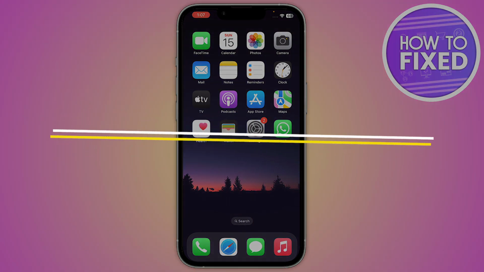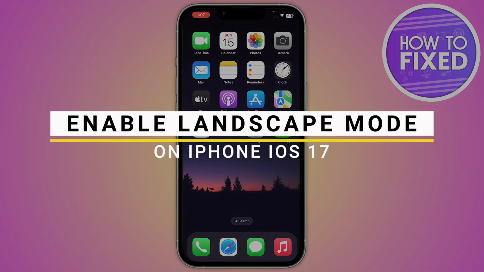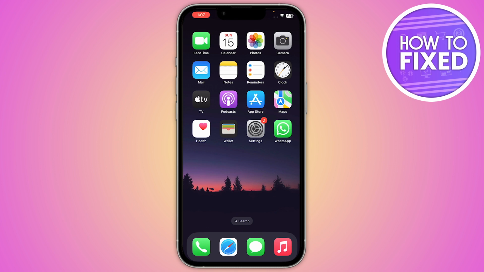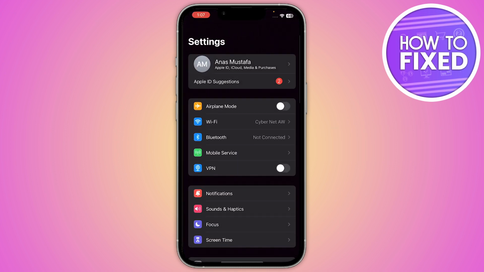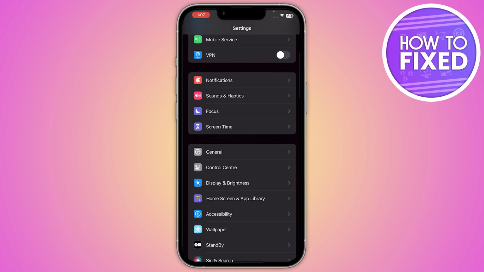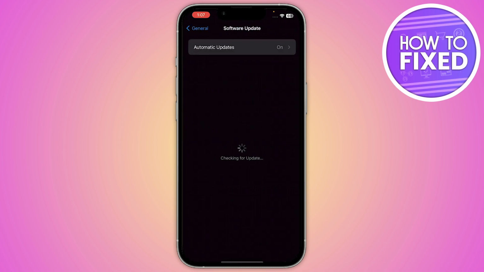So here's how you can enable landscape mode on iPhone iOS 17. The first thing that you need to do is open up your settings and go to General. Tap on Software Update on the top and make sure that you are using iOS 17, which is the latest